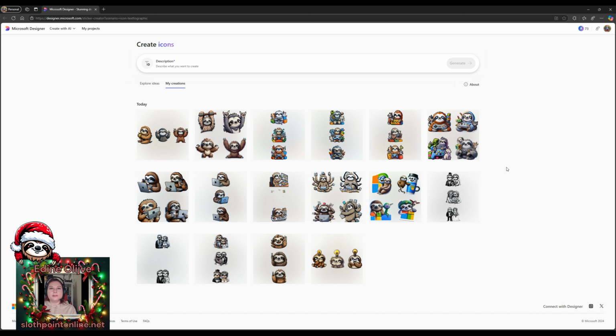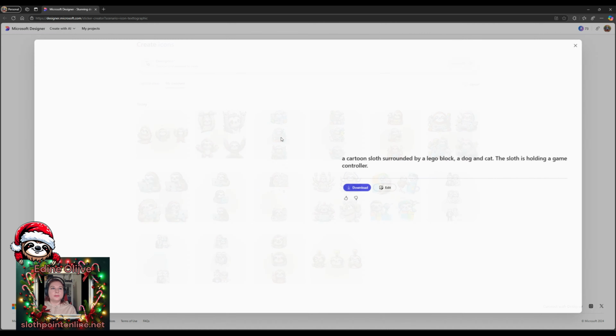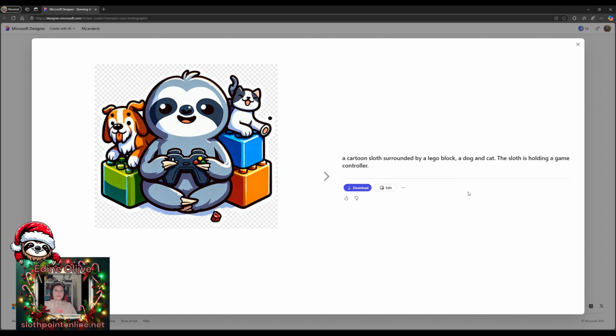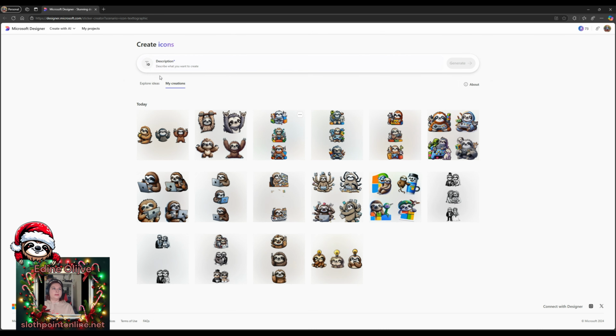This is one where I wanted to make a picture that pretty much sums up my three hobbies in one. So it has a dog, a cat, very oversized Lego bricks, and a controller. But